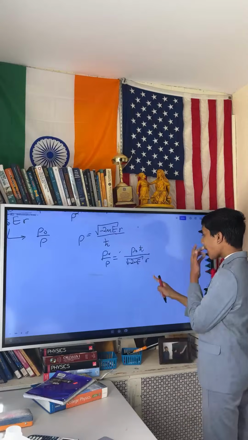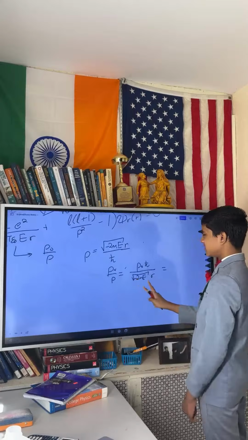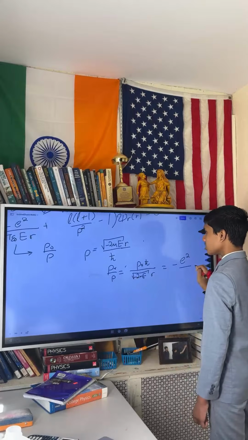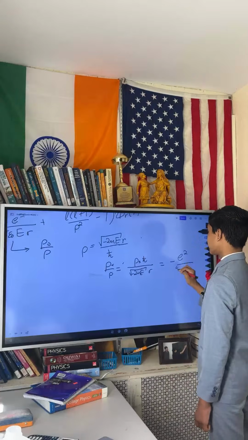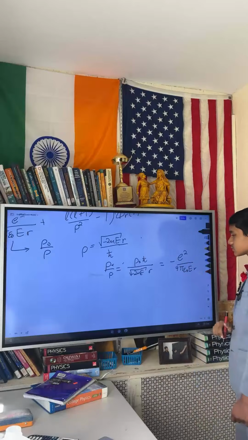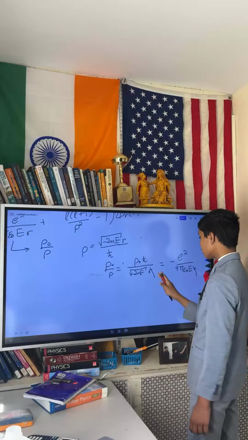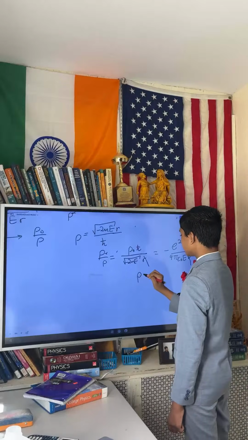And so, if that's equal to whatever was down here, minus e squared over 4 pi epsilon naught E r, well then these cancel out,